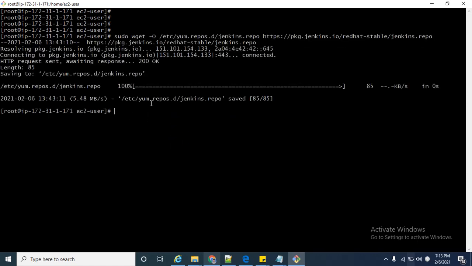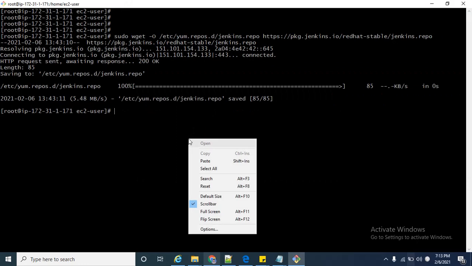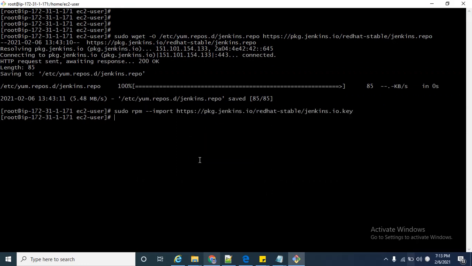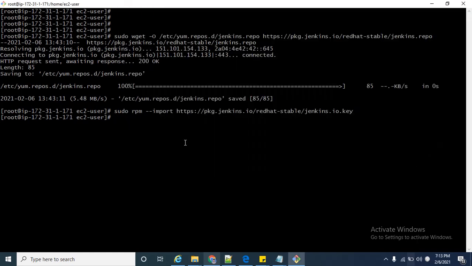Yeah, it runs successfully, you can see. Now we have to run the next command, sudo rpm import. Basically, this command will import the key from Jenkins. It's also successfully installed. We do not need to run this command because we already ran sudo dnf update.